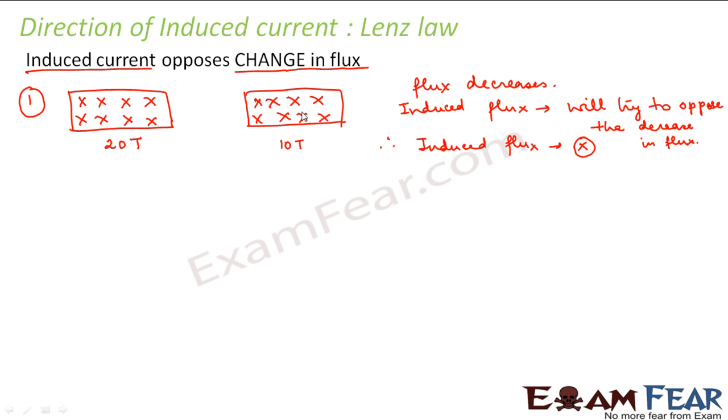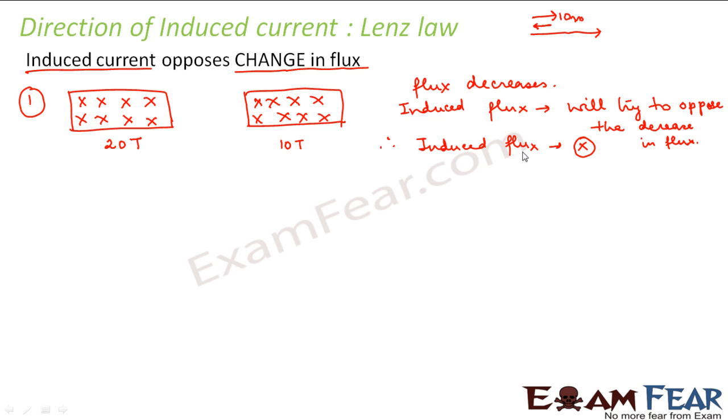You want to increase it. You don't want to decrease. You don't want to go from 10 to 5 or 10 to 4. You want to make 10 to 11, 12 or 13. So in that case, what will you do? You will give more flux. The additional flux also you will give in the downward direction. For example, you have 10 meters of length. You want to increase this length. If you want to increase the length, you will increase it in this direction, right? If you want to decrease this 10 meter, you will push it back in this direction. So if you want to increase this flux, that means the induced flux will also add to this flux so that it can increase it. So the induced flux will also be in the downward direction.